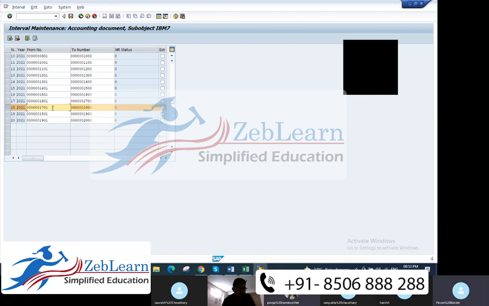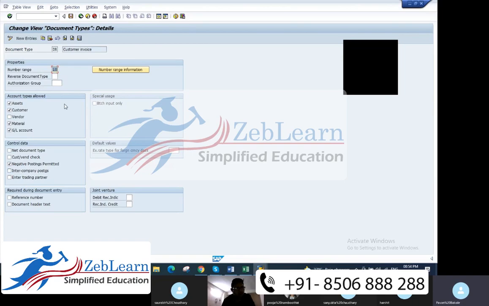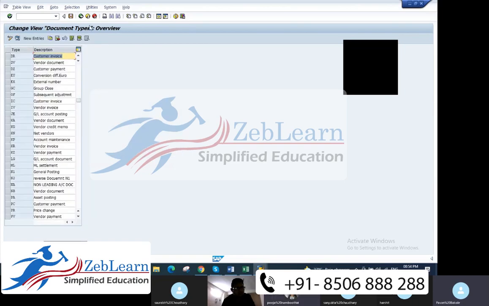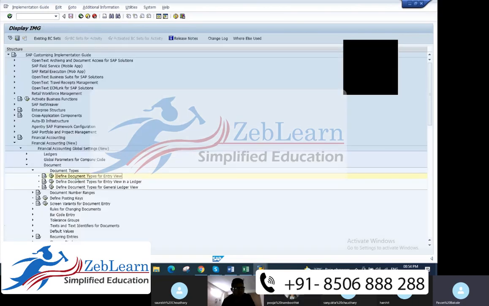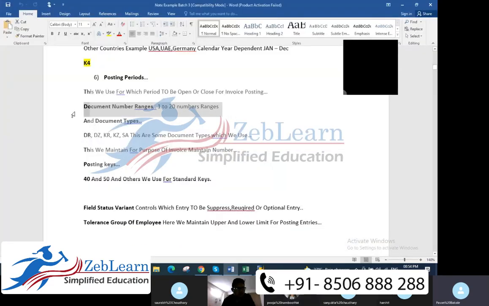The reason is that I have assigned number range 18 to document type DR for this company code. Understood, Pooja? It is as simple as that. Document number ranges and document type are both interlinked with each other.